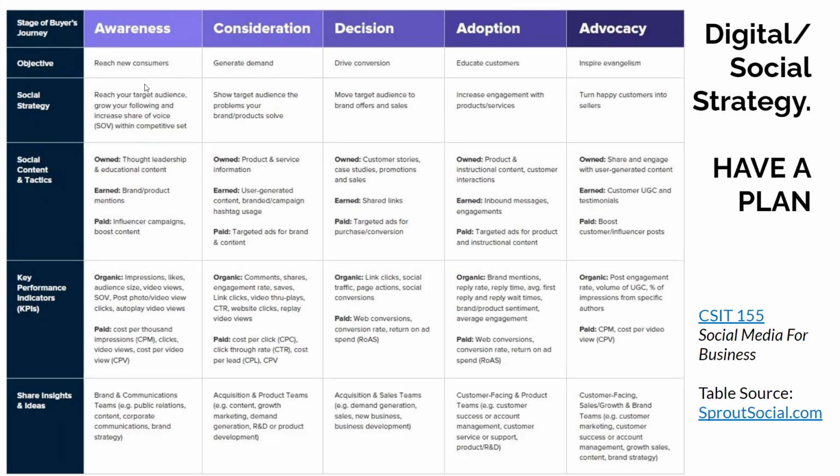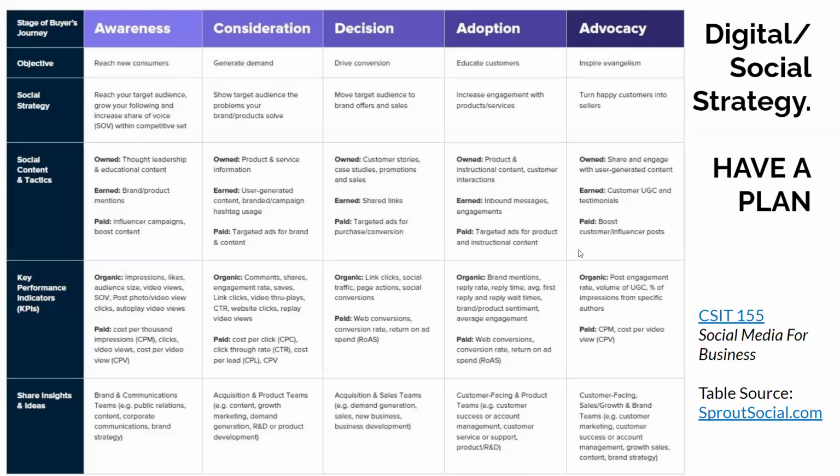And I like this table because I'm not going to go through it in complete detail because you can read it on your own. But owned media, that's your own stuff. That's your website. That's your content. Stuff that you own. Maybe you're on LinkedIn and you do white papers once a week as a subject matter expert. That's owned media. Earned media is people are engaging with your brand. They're pushing things out. You're getting engagement rates, even maybe some PR coverage. And then you have paid. That's your advertising piece, right? So you can see that the paid tactics change depending upon which stage you're at.